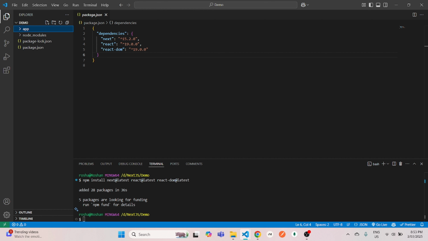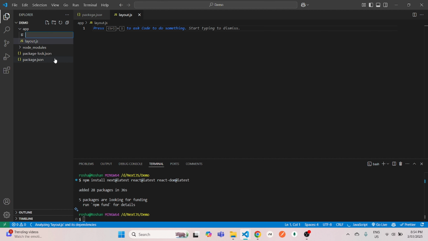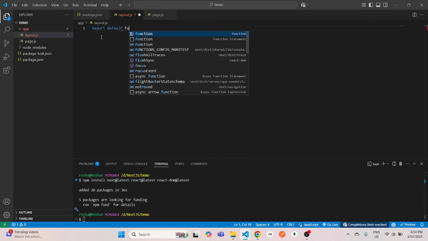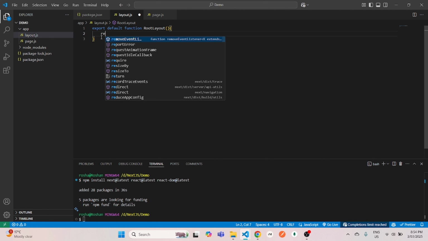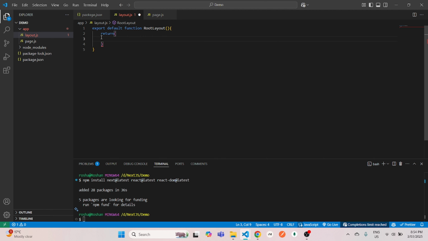Now, once you are done, inside this app folder, let's go and create layout.js, and we'll create another file as page.js. Now inside this layout, we will write our simple React function, export default, and we will give this the name RootLayout, because this will be the top layout of your application. What we will do here is we will return the HTML with language